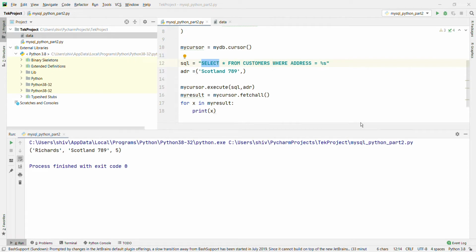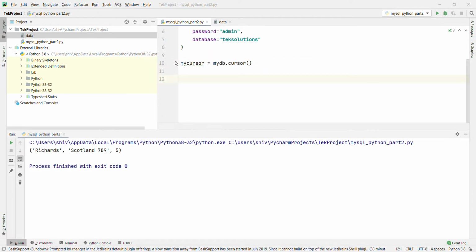Now what's next? Now I am going to cover the ORDER BY clause in MySQL. Okay, now I am going to remove this one. Sort the result. Use the ORDER BY statement to sort the result in ascending or descending order. The ORDER BY keyword sorts the result ascending by default. To sort the result in descending order, we are going to use the DESC keyword. Okay, and you have to remember ascending order is the default. If you don't mention anything in the select query, then by default it is going to be ascending order. Okay, let's go with that.